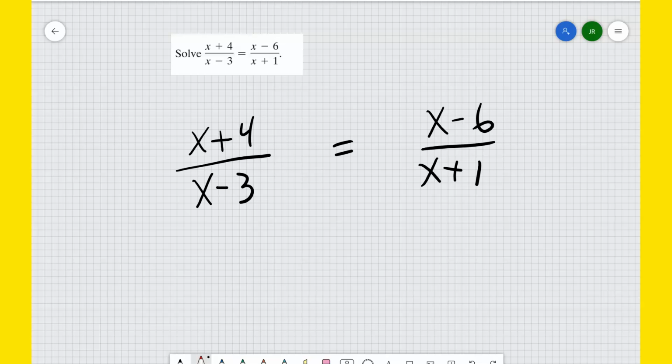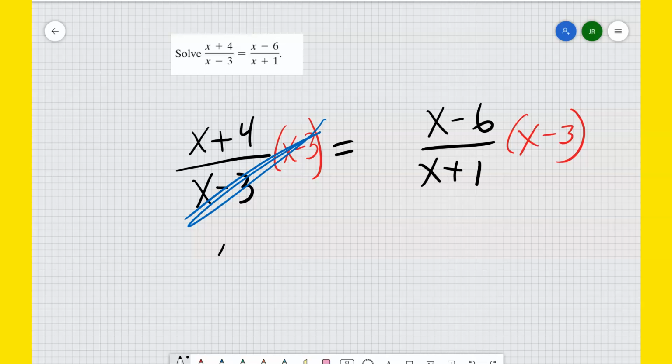So the first thing to get off the bottom for me is the x minus 3. If you want to get the x plus 1 off the bottom first, that's fine too. But I'm just going to go ahead and get the x minus 3 off the bottom. And how do I do that? By multiplying that whole term, that whole fraction there, by x minus 3. But then I got to do the same thing to this whole thing over here. So what happens now is the x minus 3's cancel there. So that just gives me x plus 4